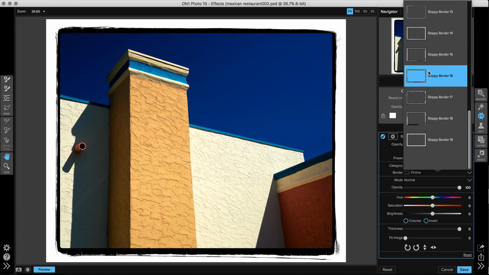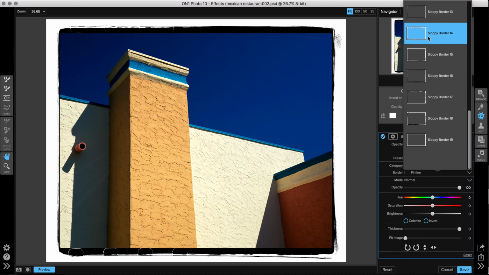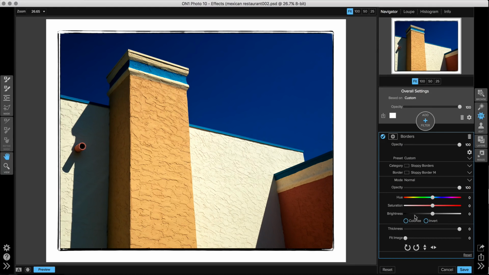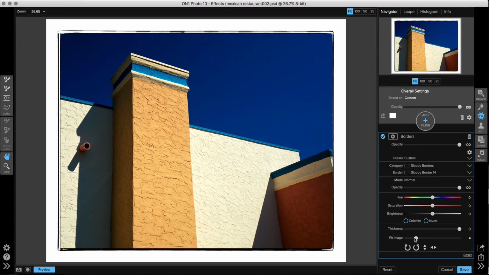Let's see here. You can see there really are a lot. All right, so here's kind of a nice thin one. I think I'll start with that one. And I'm just going to make my photo fit that a little bit better by adjusting that fit image slider again. I'm going to leave it nice and thick